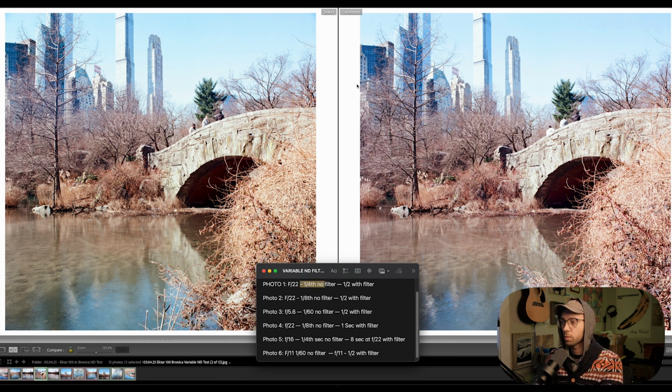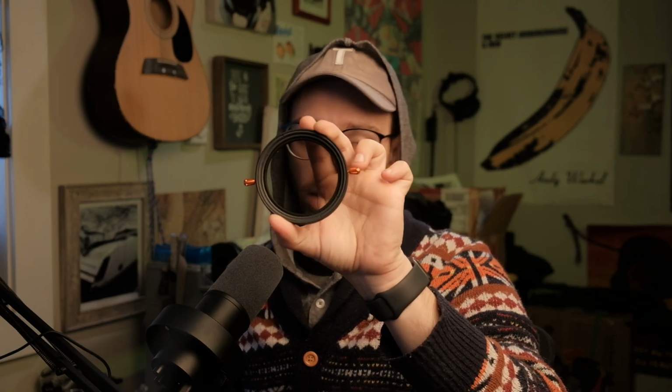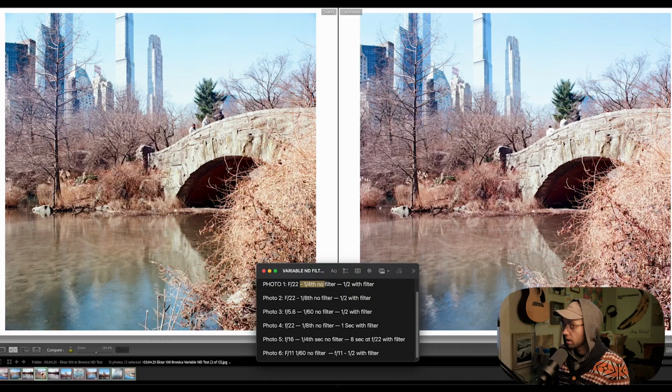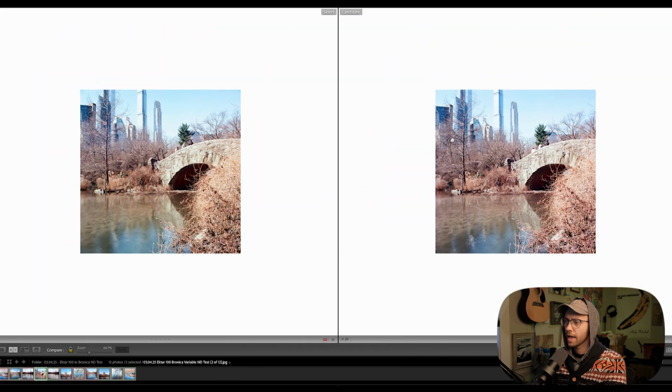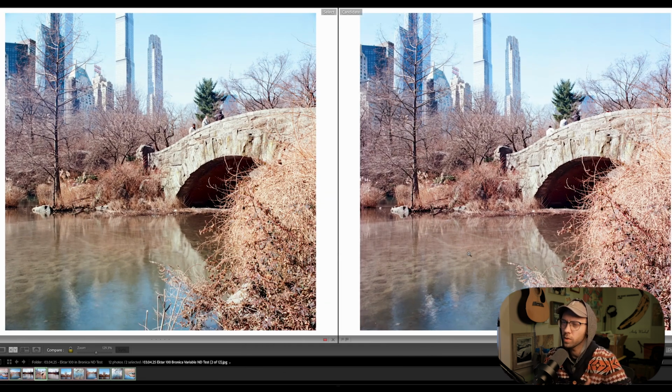And then when we went over to add the filter, we only closed down 1 stop on the variable ND. Let me pull it out of its case. I basically didn't move it at all on the exposure ring, because when you keep it at its minimum, it's only cutting out 1 stop of light, or so it claims. I think when I did this, it might have indicated that it needed a little bit more than 1 stop. But yeah, so we went from 1/4 of a second shutter to 1/2 a second shutter with the filter. And just looking at the results here, what we get